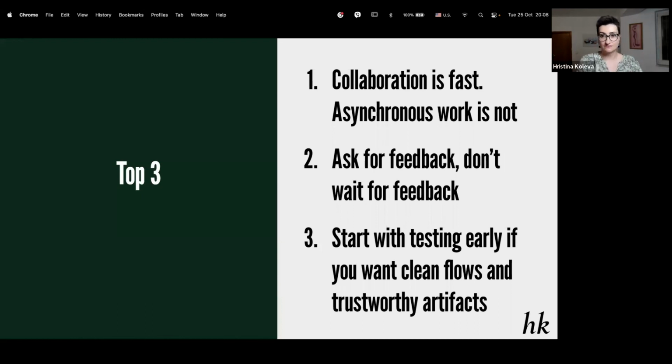This will ensure clean flows and trustworthy artifacts, because they will be tested. And testers, like Evelina said, ask the hard questions, or not the hard questions, any questions. We're just used to asking. And when we ask, things become better only by thinking about the answer.